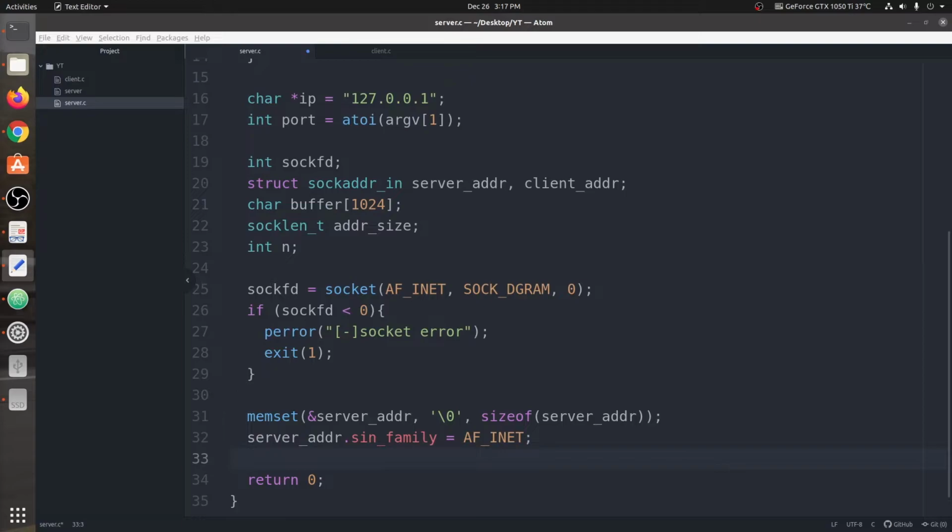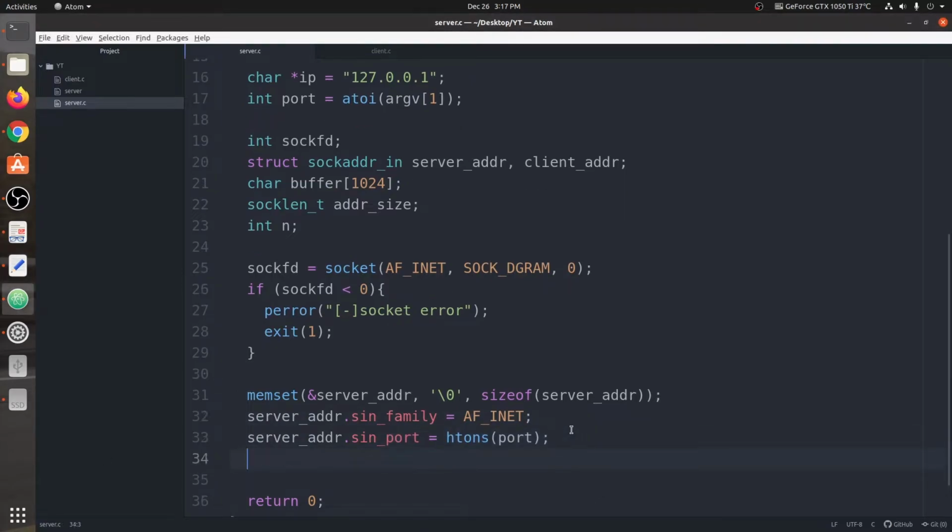Next, we're going to need to define the port number. Okay, and after port number we're going to define the IP address. So we can say server_addr.sin_addr.s_addr, and we're going to say inet_addr, and here we define the IP. Okay, so filling all the values inside the server address structure is done.